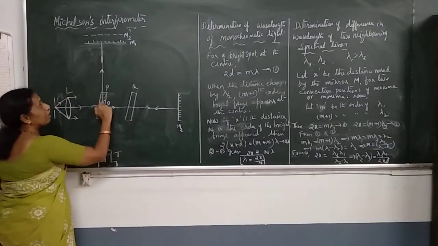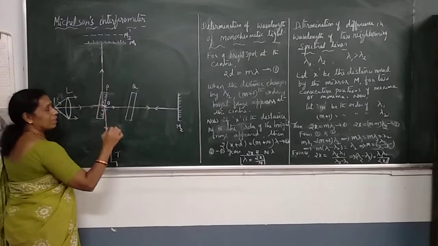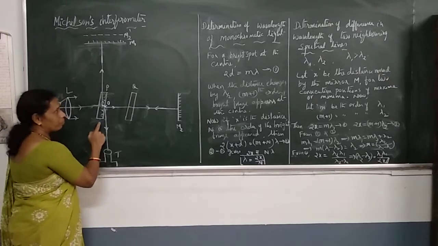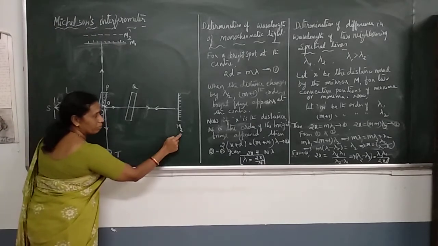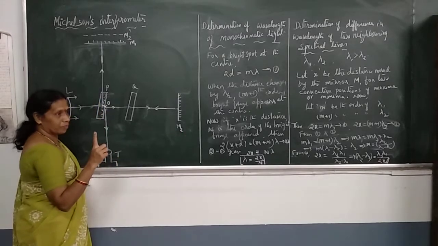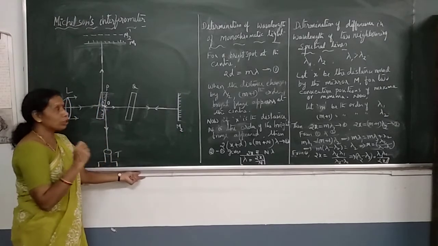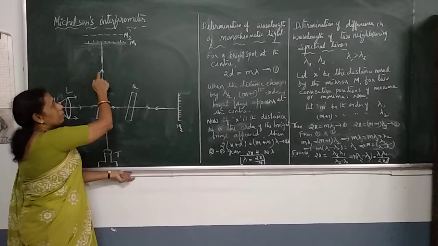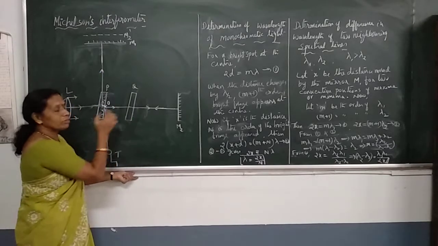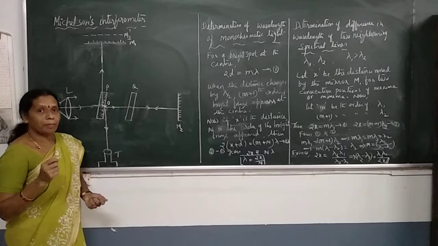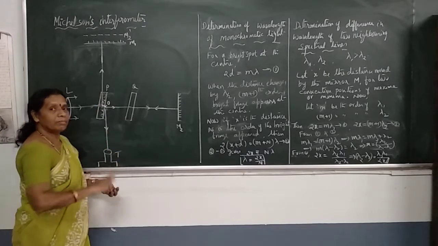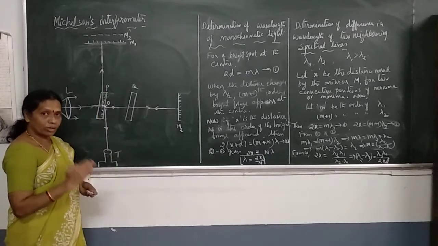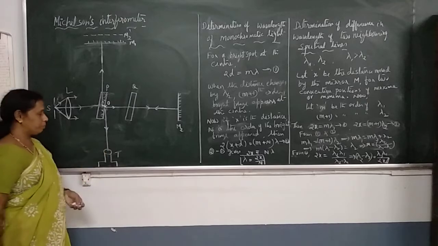The ray reflected towards M1 travels through P thrice, three times, whereas the ray moving towards M2 travels through P only once. In order to compensate the path of the two rays, the plate Q is used, so that using this compensating plate Q, the path difference between these two rays is made 0. Both rays are made to travel equal paths. That is the use of the plate Q.